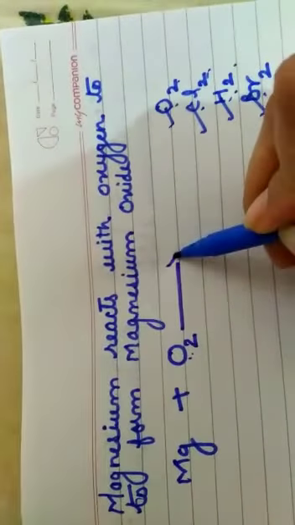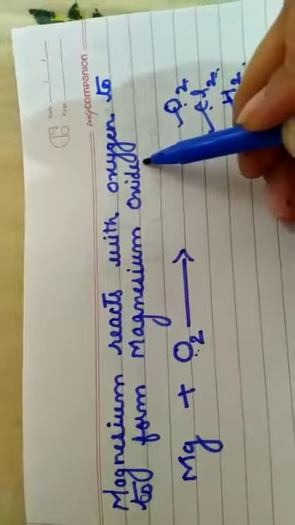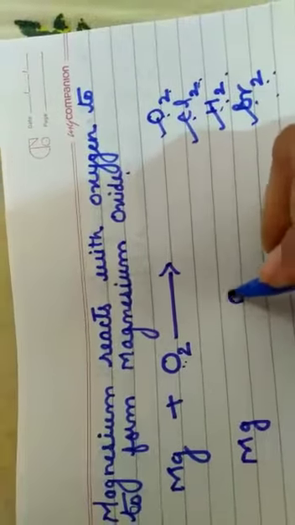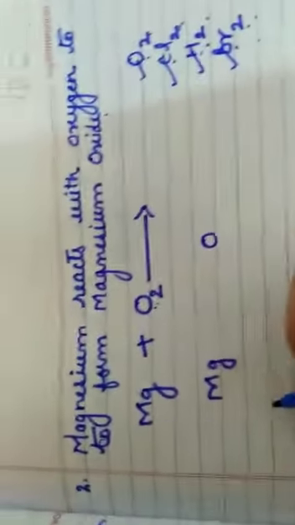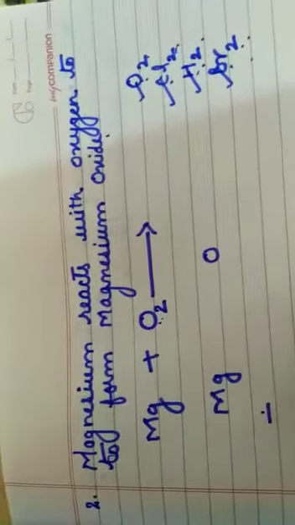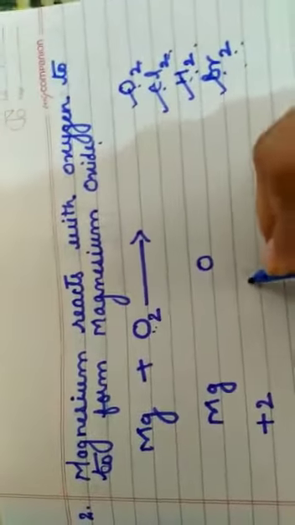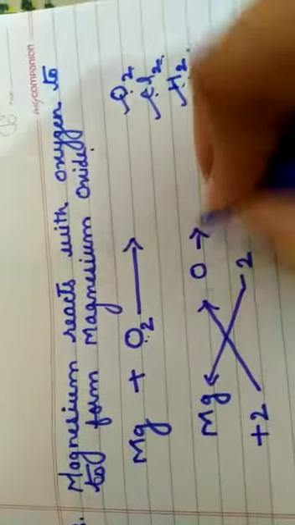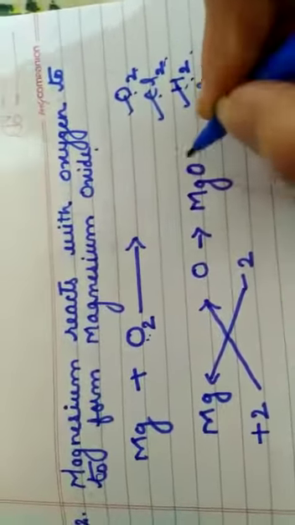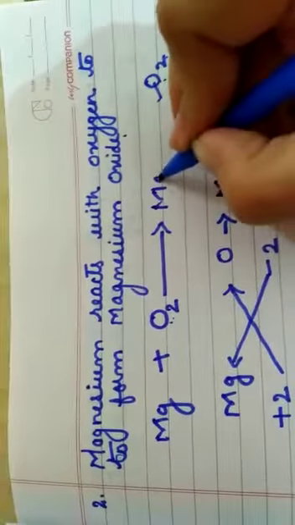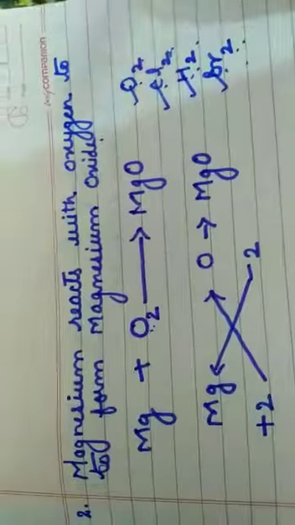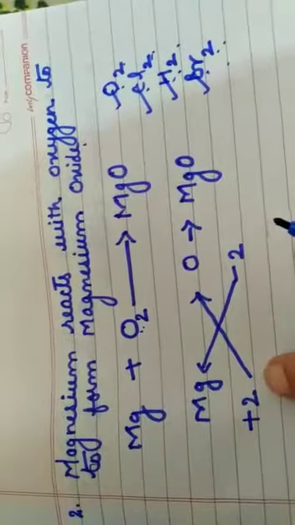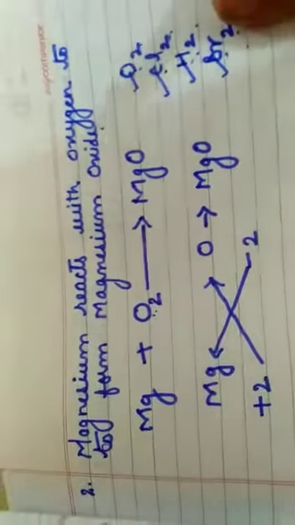When they react, magnesium oxide is formed. Now how will you write magnesium oxide? Magnesium is Mg, and oxygen here. The valency of Mg is +2, and oxide is -2. Again they will cancel out and the formula will become MgO. Here also write magnesium oxide. Like this we have to form the equation. The important thing is that you should know the valency and know how to create the chemical formula.